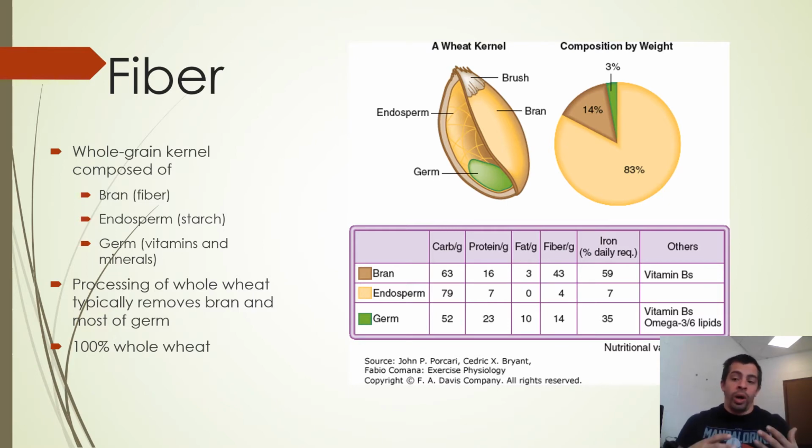Additionally, and this is why we want to eat whole wheats and whole foods in certain situations, the vitamins and minerals are also mostly found in the bran and the germ. So again, white bread is largely empty. White bread consists mostly of the endosperm, so it's going to be mostly carbohydrates. This isn't necessarily a bad thing, it's not terrible, it really depends on the situation. But if your goal is to have more fiber, you should definitely be eating whole wheat bread and whole grain pastas. If your goal is to have more vitamins and minerals, you should definitely be eating more whole grains. All right?